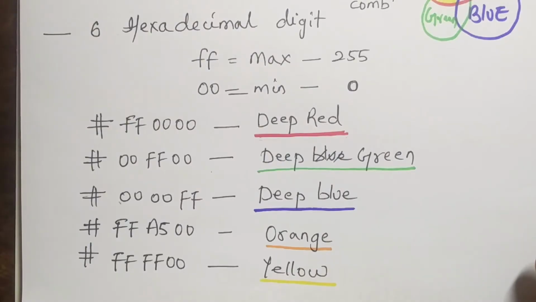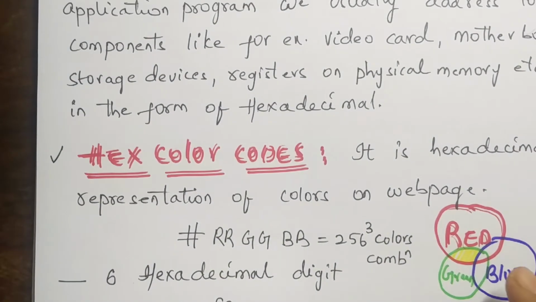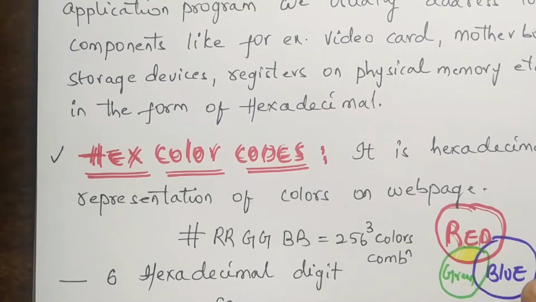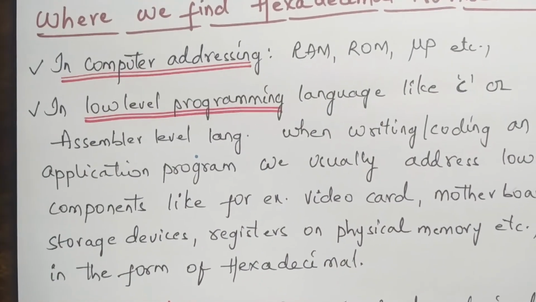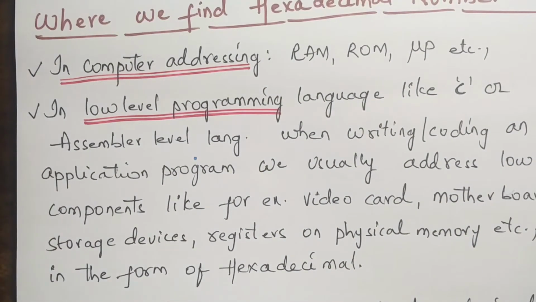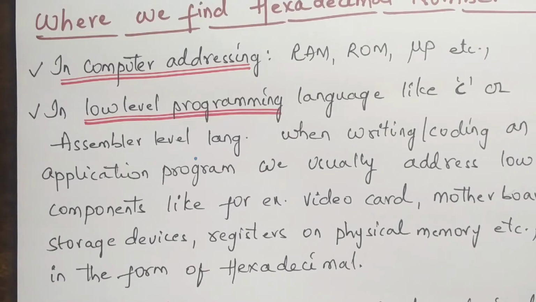We see hexadecimal numbers when we allocate or deallocate memory addresses, or in computer addressing, when we have to access a certain memory location, we actually access that memory location in the form of hexadecimal code. We don't write that memory location address in the form of binary. We write it in the form of hexadecimal code, so that it is easy for a programmer to write it in short without making any mistake.